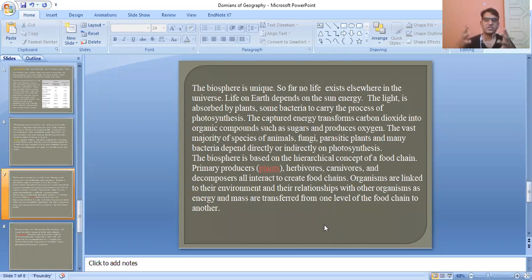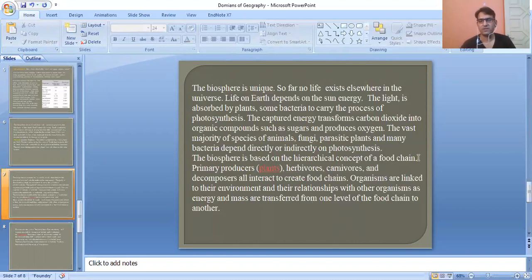All species are depending on them, because they get the energy, convert that into sugar, and produce the oxygen. So another thing is that the biosphere is based on the hierarchical concept